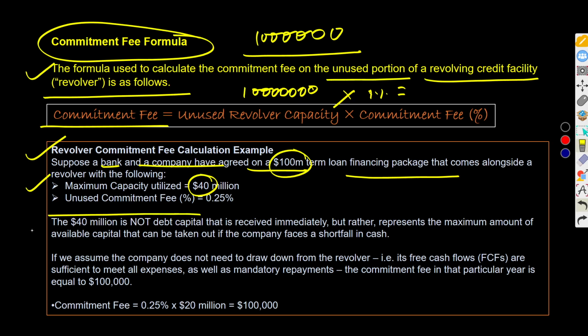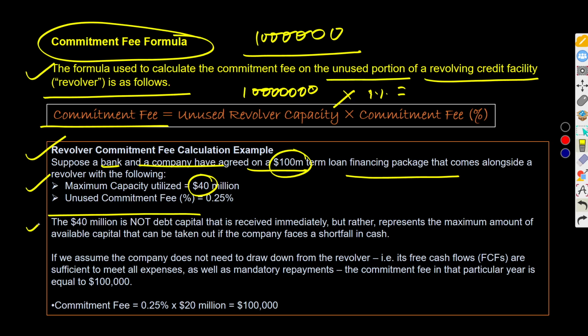So the 40 million is not debt capital that is received immediately, but rather represents the maximum amount of available capital that can be taken out